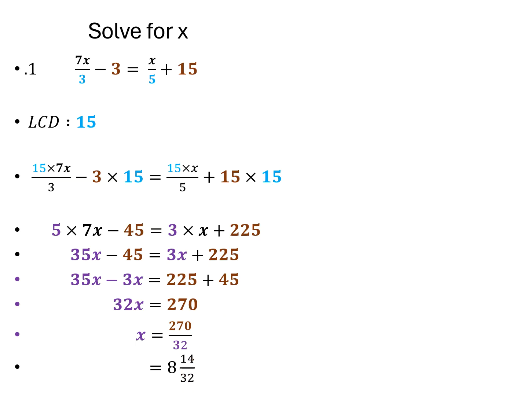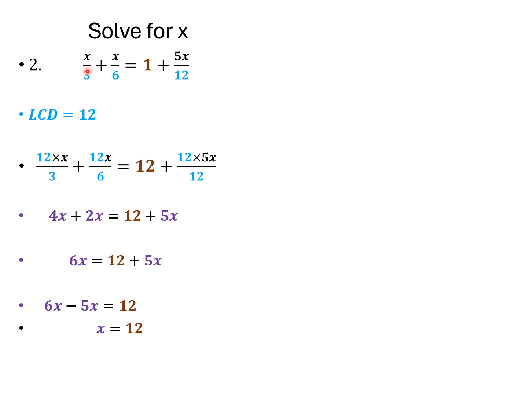Right, let's look at the second problem. So now we have x plus x over 3 plus x over 6 equals 1 plus 5x over 12. So lowest common denominator, I have 3, I have 6, I have 12. Right, can 3 go in 12? Yes. Can 6 go in 12? Yes. So my lowest common denominator is the highest value here, which in this case is 12, which all the